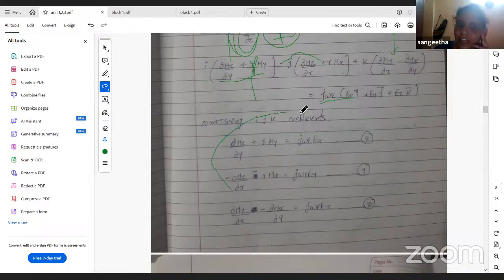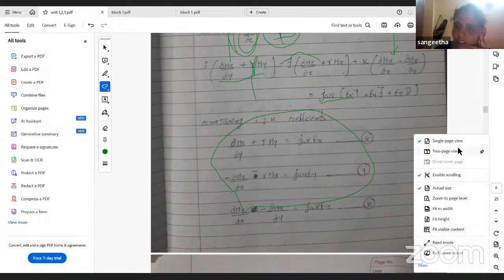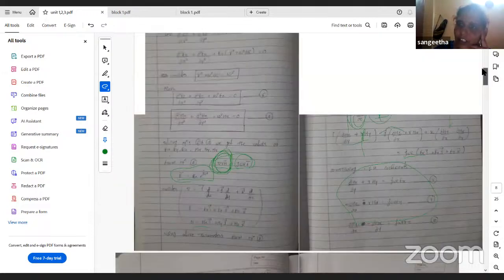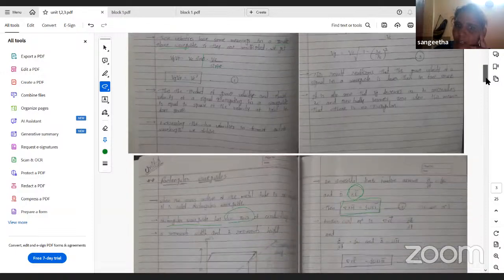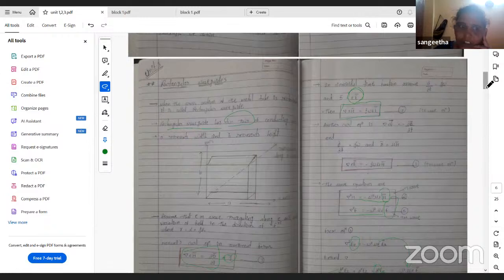These three are given directly in the textbook. Yes, ma'am. Now I will keep the overview. You cross-check once again. After clearing this topic, I will continue to the next topic. Just go through from the beginning. Is it okay? I will keep 2 pages of what we discussed. Just go through the first page. If it is okay, I will show the next page. This is a very lengthy derivation, so after understanding one part at a time, we will go to the next one.